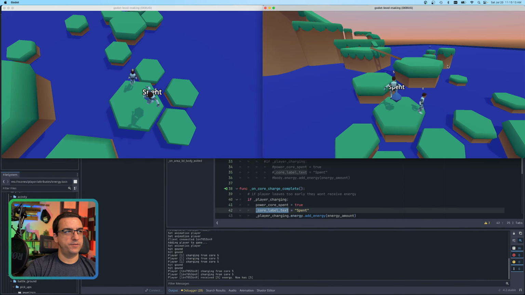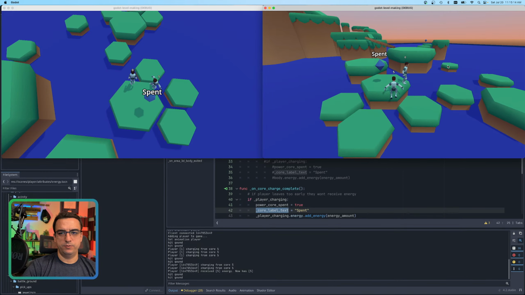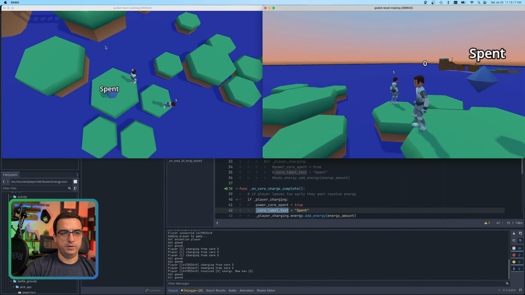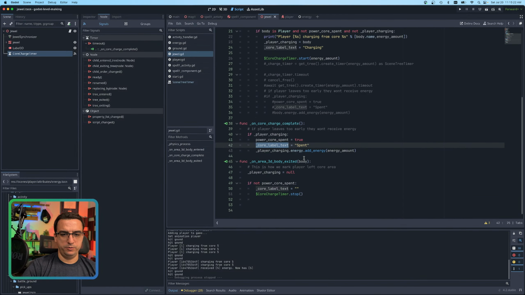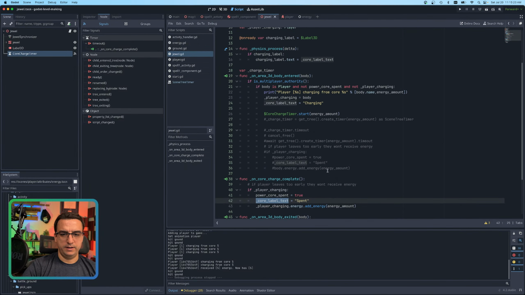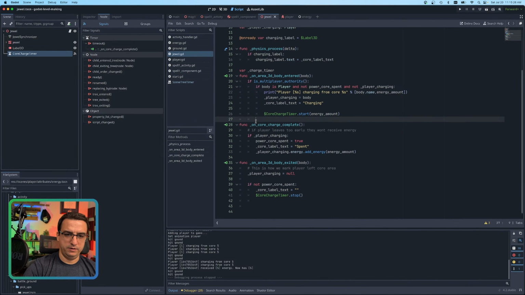Cool. So now I have 5 core or energy points, and everybody can see that. Cool. All right. So that was a small little detour bug that is always going to happen in this kind of stuff. So now that I have that wrapped up, let me just say down here, if player left